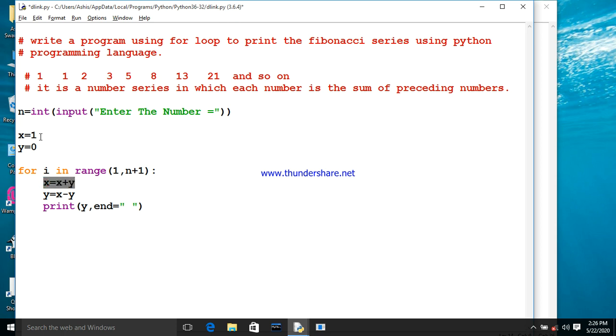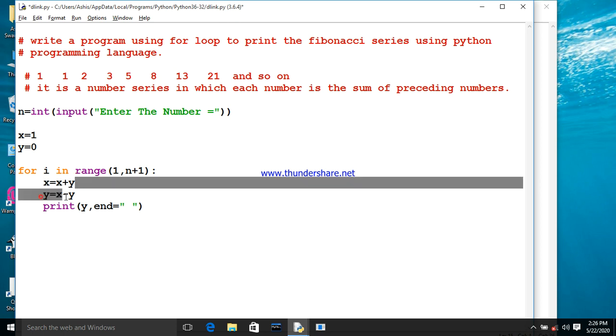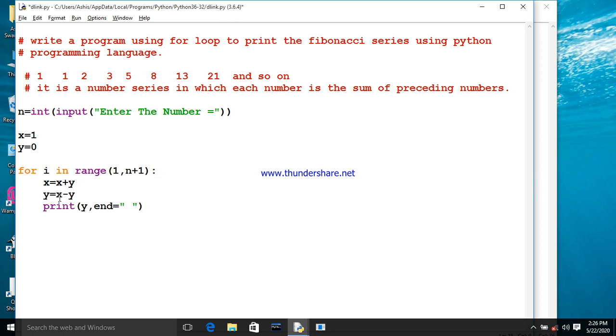First value of x is 1, very good, and value of y is 0. So x equal to x plus y means x becomes 1. Good. The next step is y equal to x minus y. What is the value of x? 1. What is the value of y? 0. So y becomes x minus y, 1 minus 0, becomes 1. So print y. That means in the first step y is 1, printed.